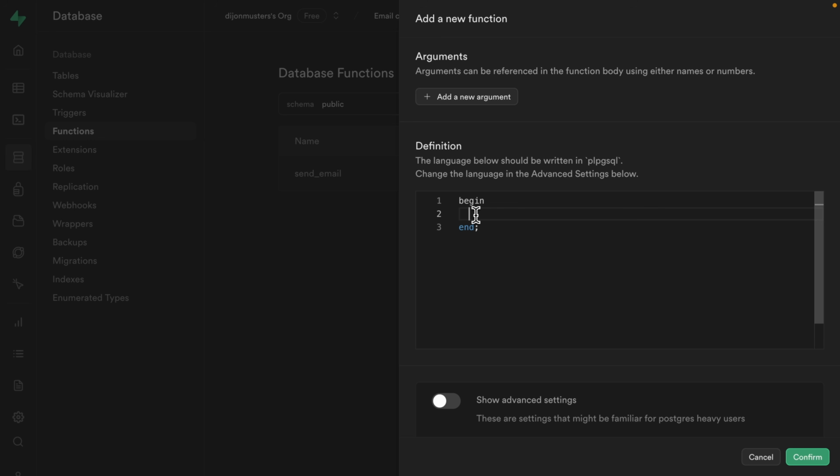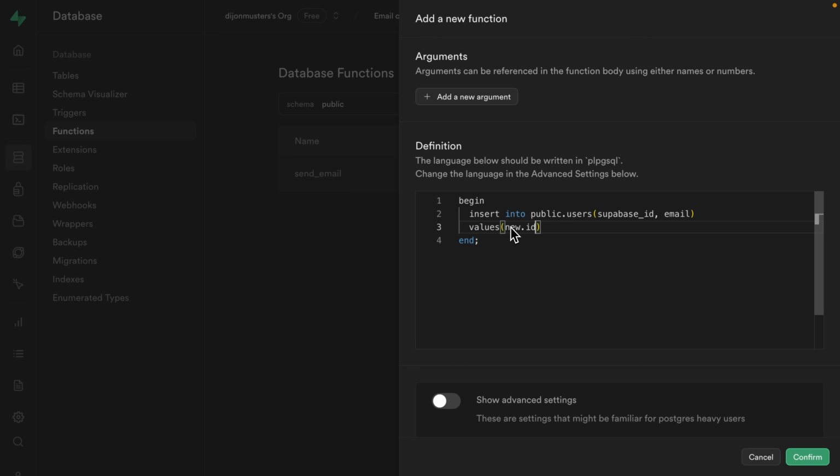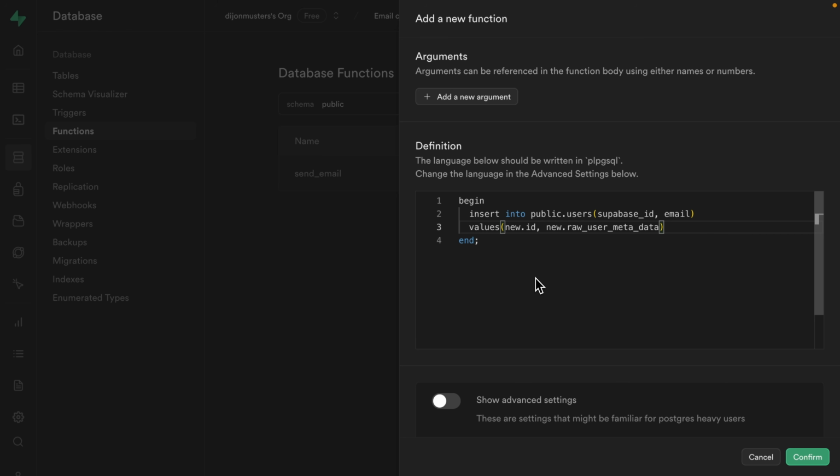So inside the body of our function, we want to insert a new row into the public.users table, and we just want to set the Supabase underscore ID column and the user's email. So the values will be new.id. So this new variable is special to trigger functions and represents the entire row that's just been created in the auth.users table. So the new.id is the ID of the user who's just signed in with GitHub and been automatically added in the auth.users table. So to access their email, we can say new.raw_user_meta_data, which is a big JSON blob of all the information we get back from GitHub about this user. So we can access the email property using this dash greater than symbol, and then the string of the property in that big JSON blob. So in this case, that's email, and then we'll add a semicolon at the end